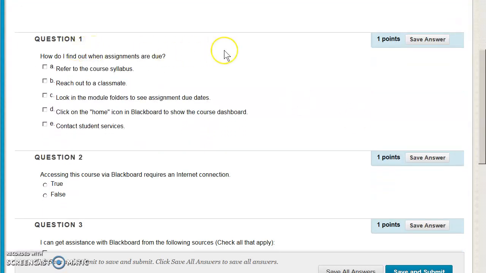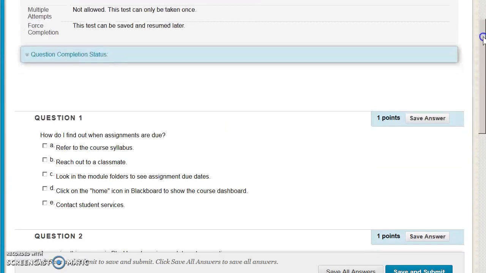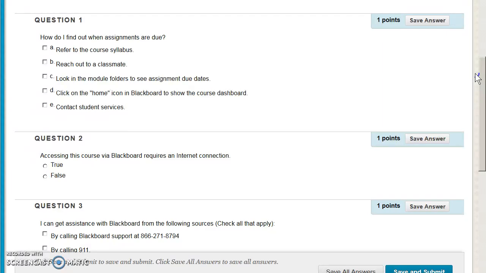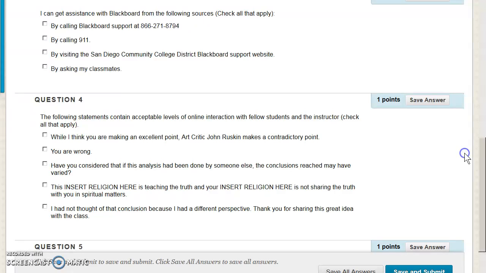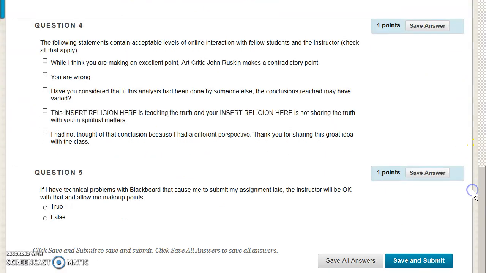So here's question 1. You select what you want to see or what response you want. These questions are going to be randomized, so don't think that just copying from a friend is going to work. And these questions are designed to make sure that you know how to navigate the course and that you're able to do the work. If you're not able to do this quiz, you will not be able to be successful in this class. I can save all answers, and